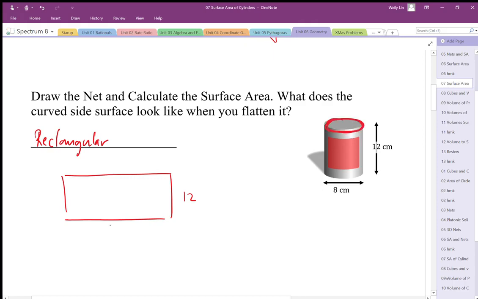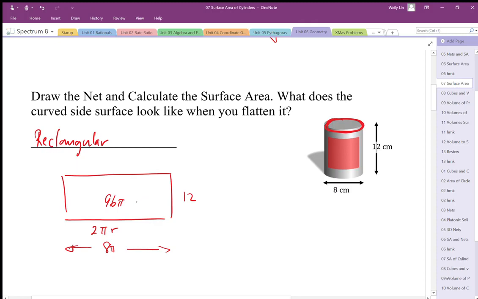Okay, so we know that this is going to be pi r squared, or 2 times the radius. Sorry, not pi r squared, 2 pi r. So it's going to be 2 times the radius, or the diameter, times pi. So in this case, it's going to be 8 pi. Okay, so when we multiply these together, I get 96 pi units squared, or in this case centimeters squared, as